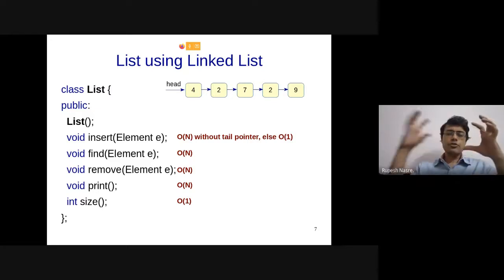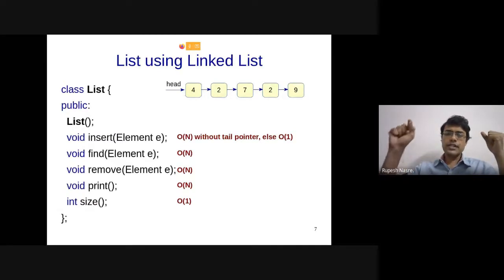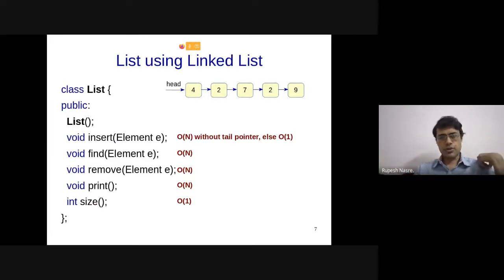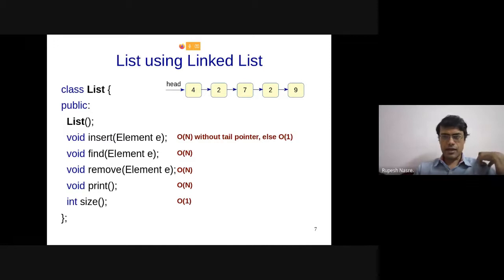And therefore, all these nodes can be interspersed anywhere in memory. These need not be contiguous like we have for arrays. And still you will be able to traverse through the linked list. Traverse, meaning that you are following the chain of pointers to go from one node to another. And which one is the starting node? Well, the starting node is designated by a special pointer called head. Right? So you start from the head of the list. In some sense, think about it like a serpent. You are entering the head or mouth of the serpent, and finally you are going to reach the tail of